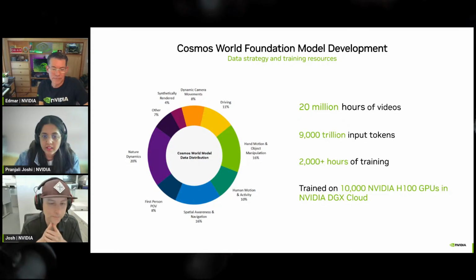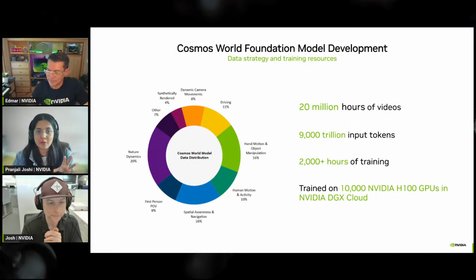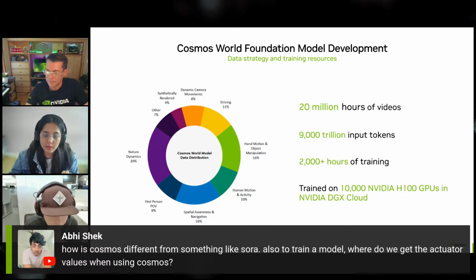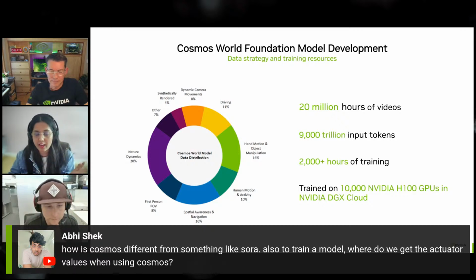our DGX cloud. And sorry, I'm going to take one question on the fly because there is a question of how it is different from the video generation models. I think the answer is this slide, the data strategy that we have for Cosmos, right? So although all models are great, the purpose is different for Cosmos World Foundation model. Purpose is really to accelerate physical AI development, and the data strategy here of 20 million hours of physical AI data is the answer to that question.